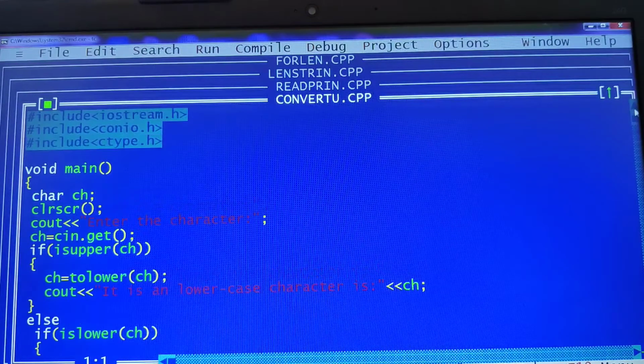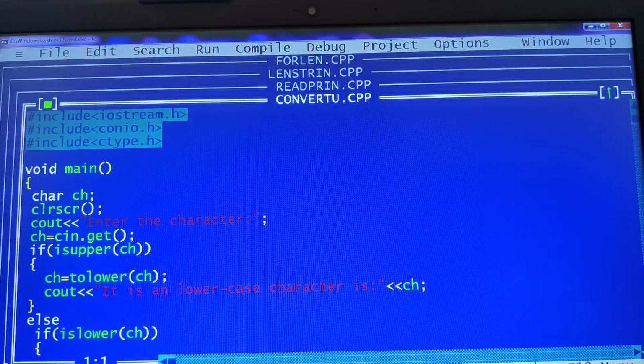Look here at the header files iostream, conio.h and ctype.h. I'm using ctype.h because I'm using built-in functions like isUpper, toLower, and similarly toUpper. For that sake, I'm using the header file ctype.h.